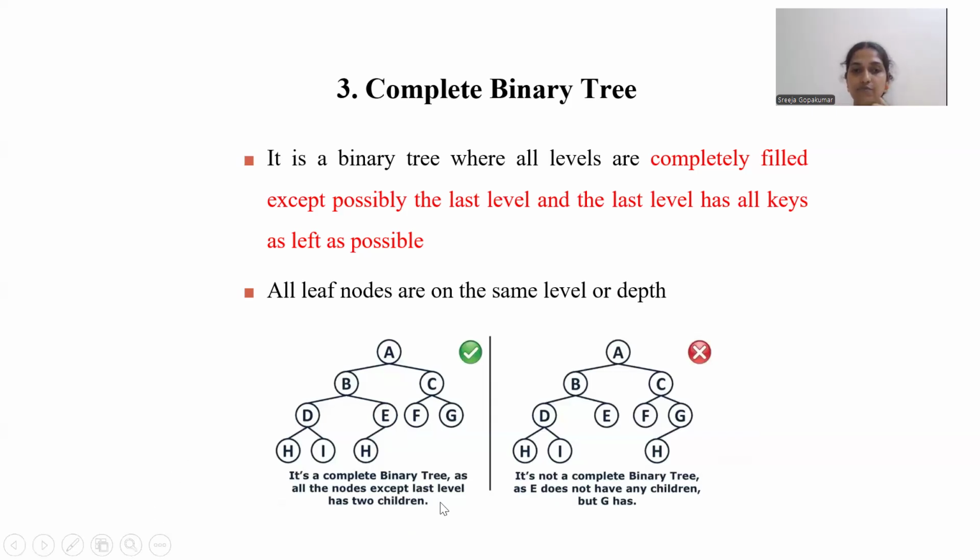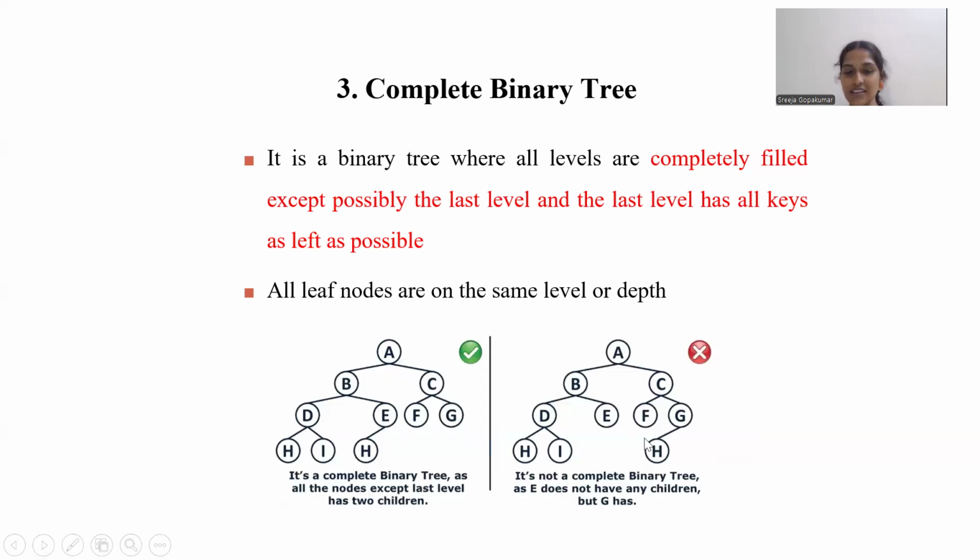So here in this first example, the internal nodes are having exactly two children in all the levels. So right from the 0th level till the second level, all the levels are completely filled. When coming to the last level 3, it is also filled from as left as possible. So this tree we call a complete binary tree.